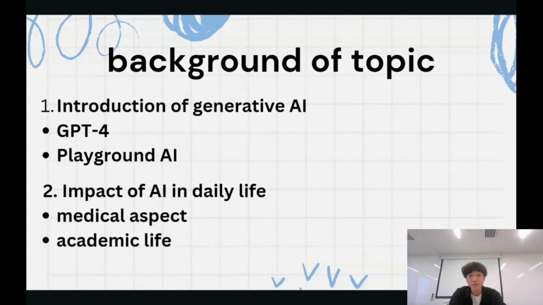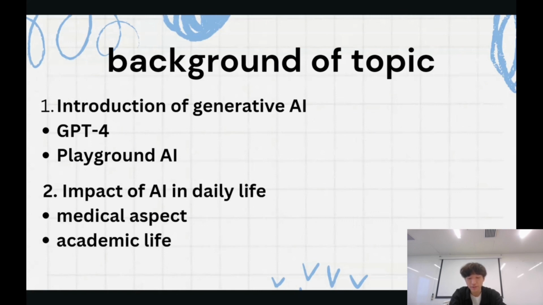AI can also use natural language processing, computer vision, and audio processing to understand and manipulate natural languages, images, or sound. Generative AI has many potential applications and benefits for various fields and domains, especially for medical professions and academic life. For instance, generative AI can help doctors and researchers to diagnose diseases, discover new drugs, create medical images and simulations, or synthesize medical reports or papers.